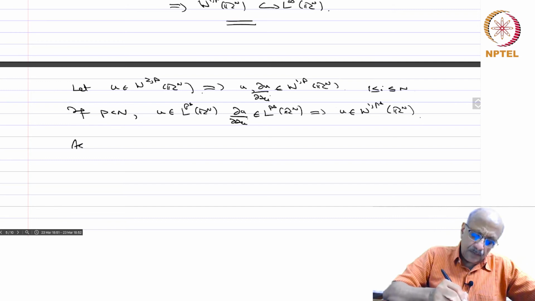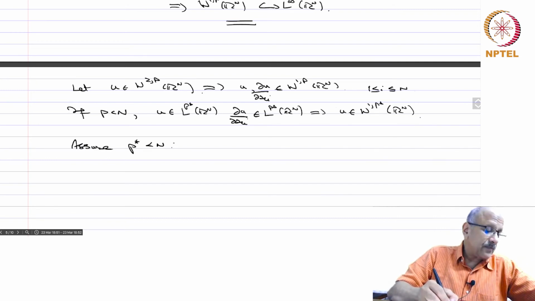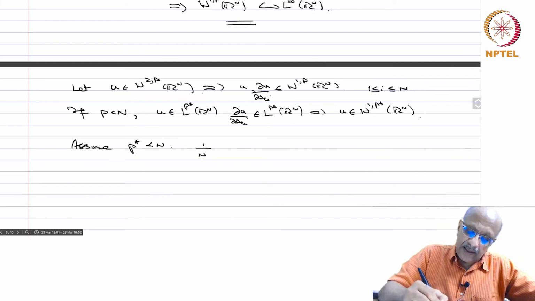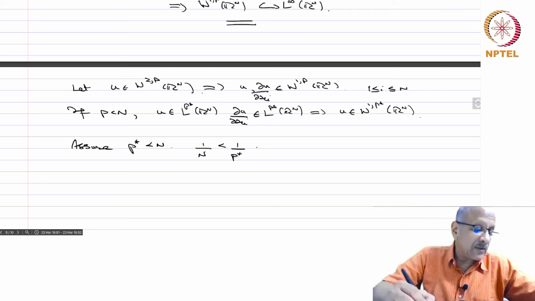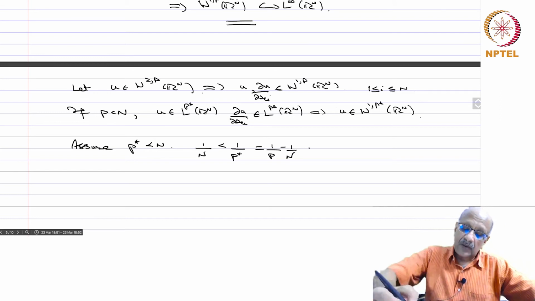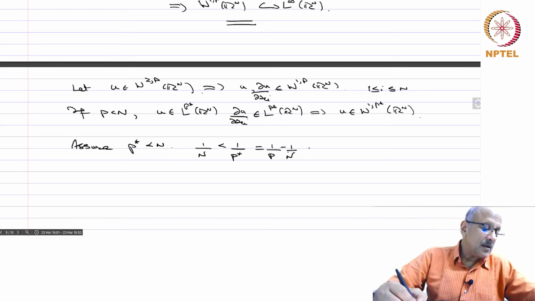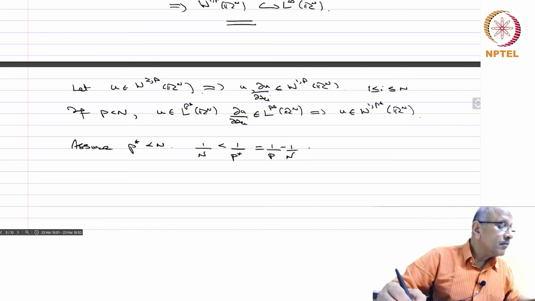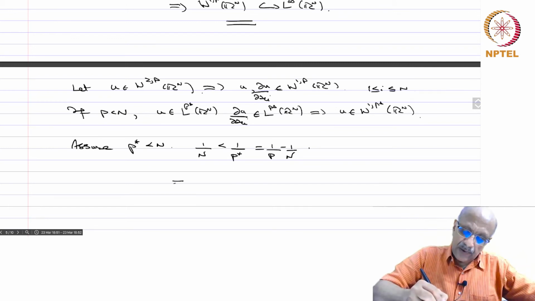So assume p* is also less than n. So when will this happen? That is 1/n is less than 1/p*, which is 1/p minus 1/n. Okay, and this implies that p is less than n/2,